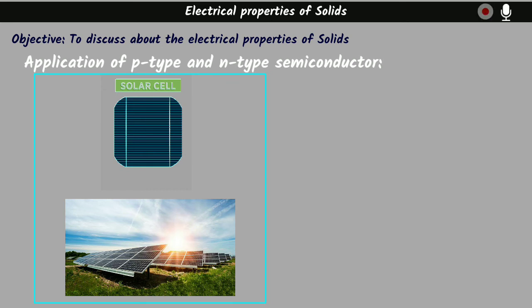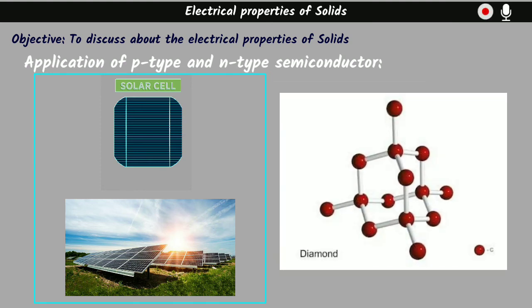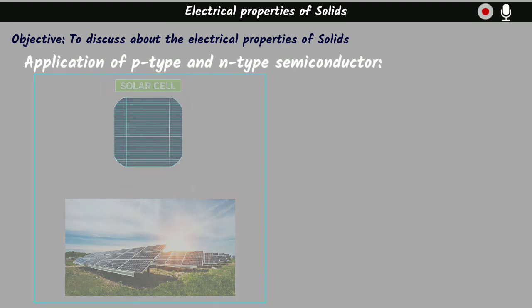Moreover, we already know that silicon and germanium are group 14 elements of the periodic table, okay. And we already know that they have 4 valence electrons, so one silicon will form 4 covalent bonds with 4 silicons, like diamond, okay. In diamond, one carbon forms 4 covalent bonds with 4 carbons, forming a tetrahedral shape, okay. So like this, silicon and germanium also form this type of 4 bonds, okay, understand?